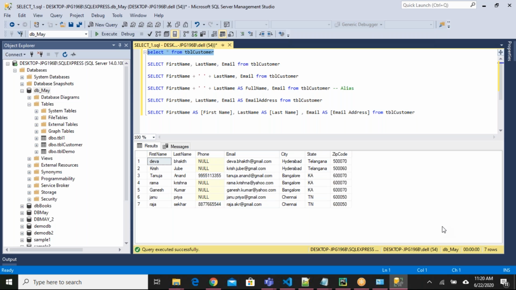Now we have seen examples for retrieving only a few columns in the table. If I want only a few columns, how can I retrieve? That's what we have seen. In the table, I want to retrieve only a few rows. How can I retrieve? When you want to deal with a specific set of rows, you have to provide some conditions. How do we provide conditions? Using the where statement, we can provide the conditions. Say for example, I want to retrieve all the customers whose city is Bangalore. Let me write a where condition for that one.